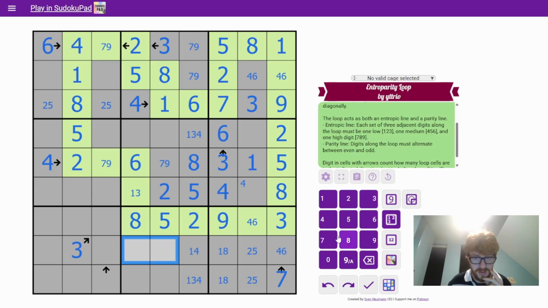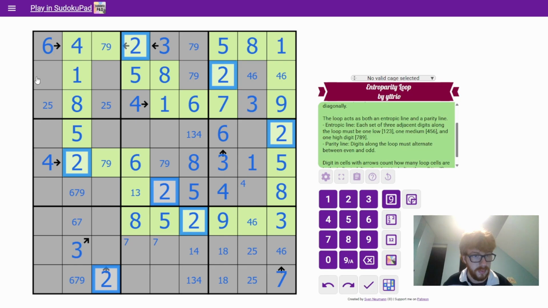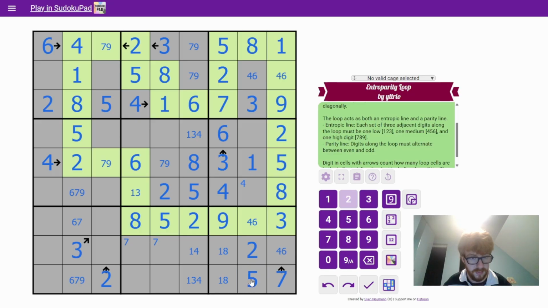Seven makes one of those a 7. This misses 7, 6, and 9. Right, yeah. That's not a 9, but sure. That doesn't do anything. This is just a 2. Is that all the 2s? No, but it does place a 2 and a 5. 2, 5,